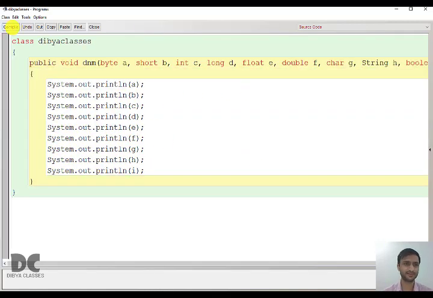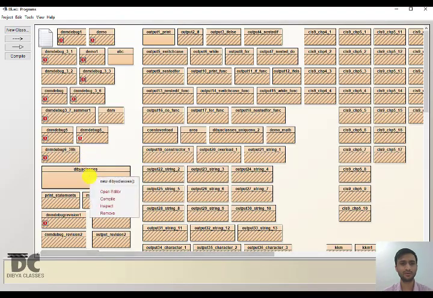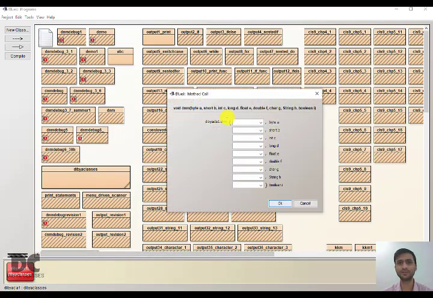So now we'll compile it. No syntax errors. The program is completely fine. And now we will run the program. So it is asking for input. This is how the input is being asked, because we are using parameter. The box will come and you have to input the values in this box. The byte I will give, for example, 50, short let 400, int let it be 10,000, long let it be 7890. Give an L, because long values should be followed by L. It is optional, but here let us give L.